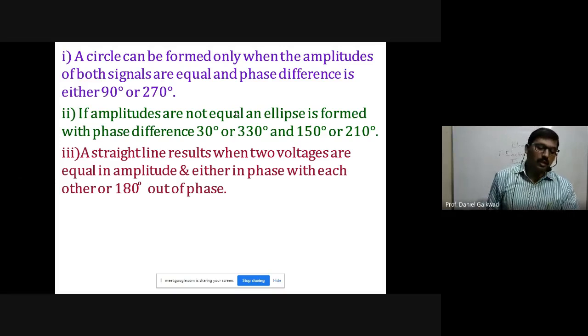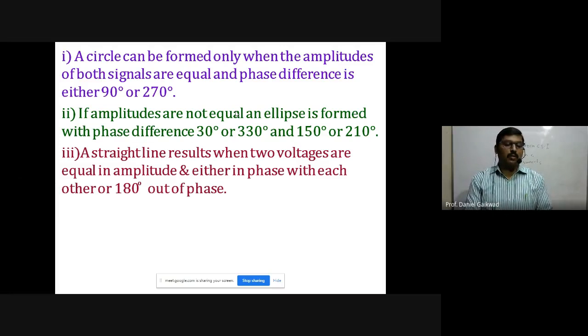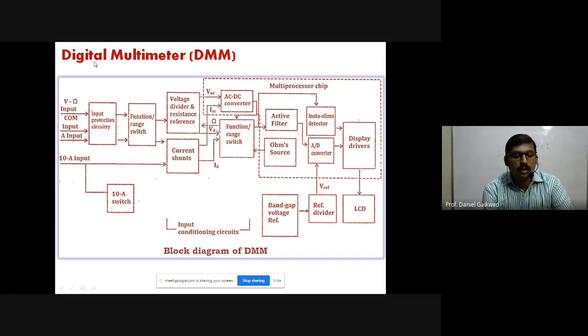So 90 or 95% of the syllabus of the first chapter is the cathode ray oscilloscope, CRO, and 10% of the syllabus is the digital multimeter, DMM in short. So we begin with the second measuring instrument, called the digital multimeter. Again we have two types of multimeter, analog multimeter and digital multimeter. Nowadays we generally use the digital multimeter.